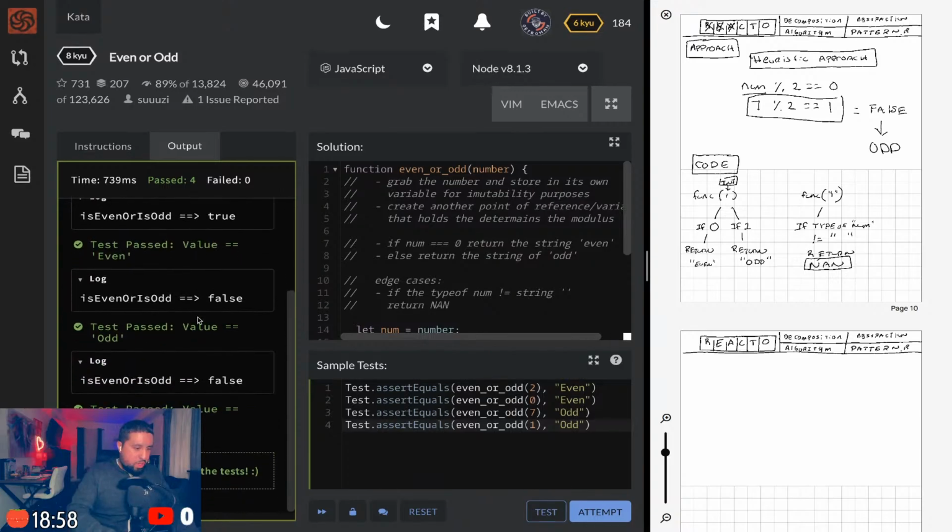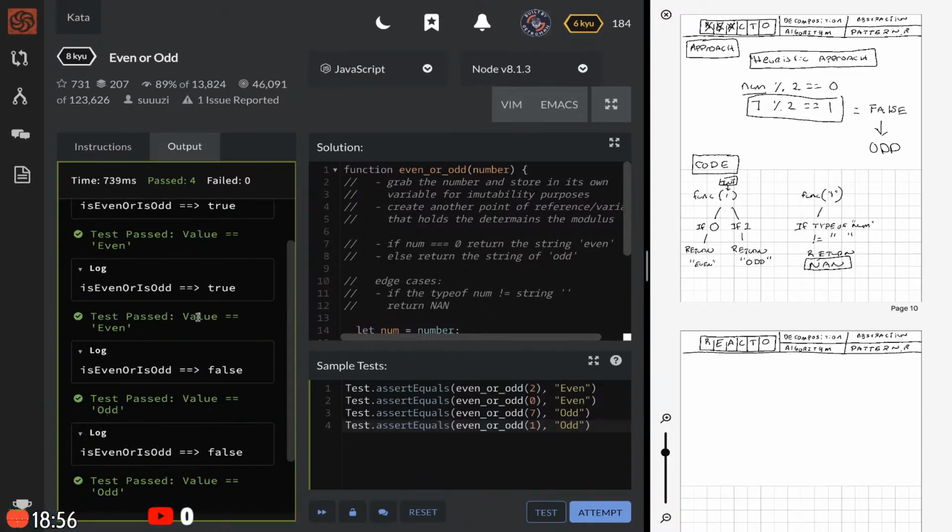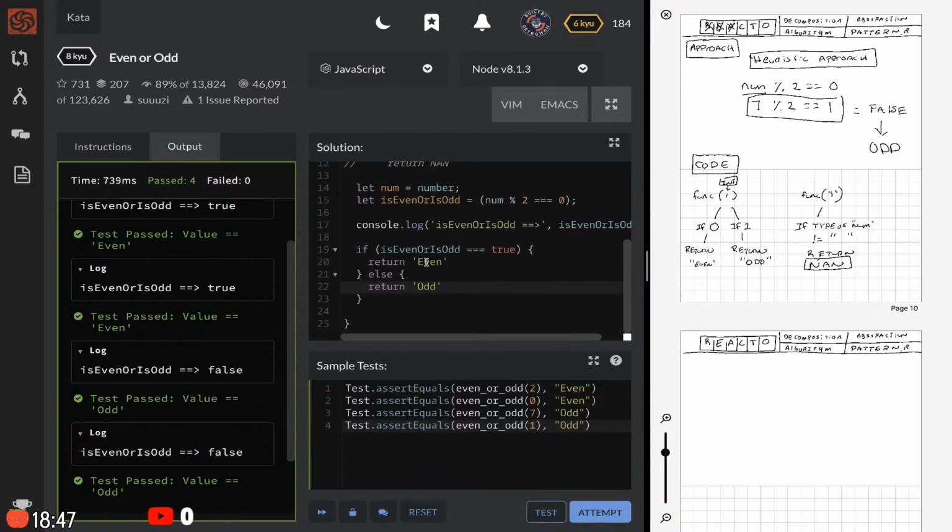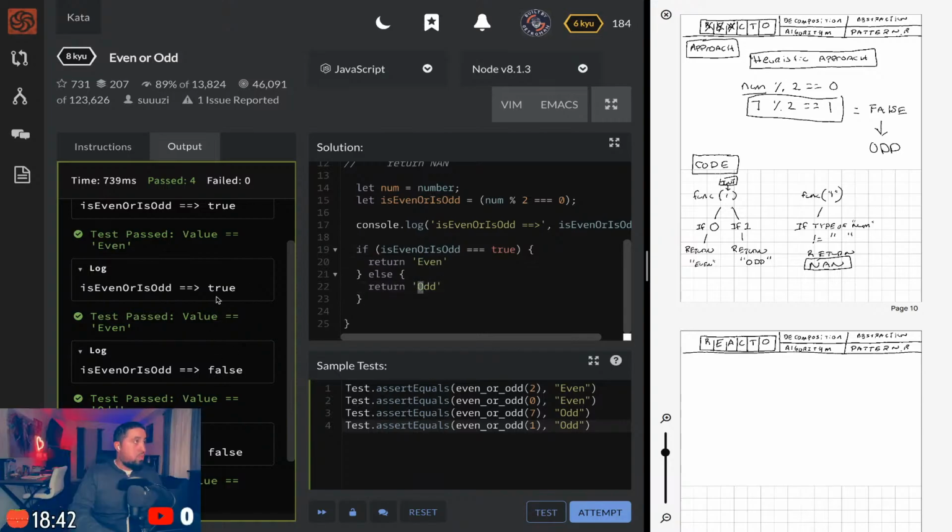Everything is cool. I had a small error message on the spelling. The output wanted a capital E and I was giving them a lowercase instead, but everything looks like it's passing. So we're gonna actually run this now and attempt it.